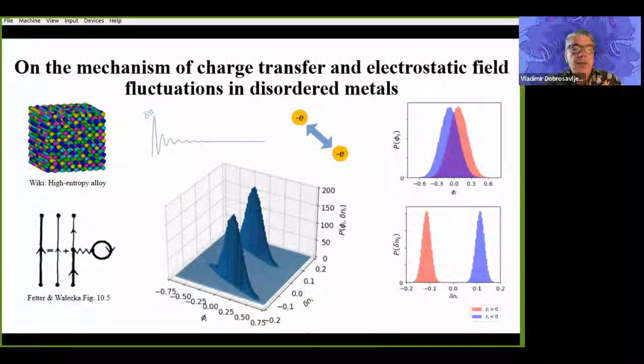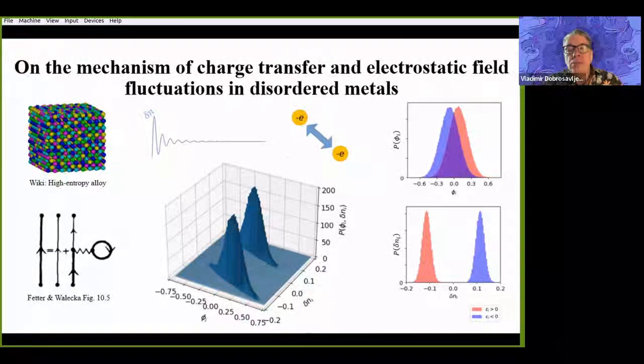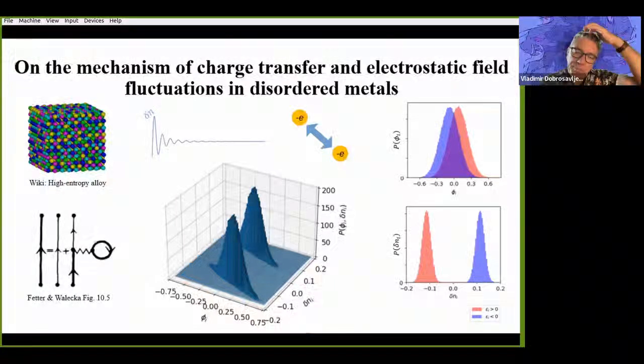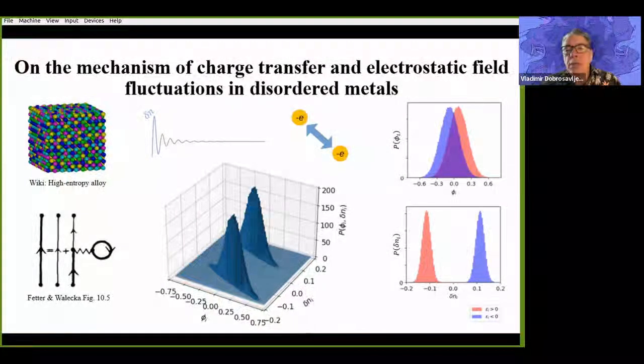And this is the first of our series this fall. Today's speaker is my graduate student David Hall, and together with David, we've been trying to use a very simplified one-band model and some very simplistic approximations to ask a question: what is the statistics of local charge transfers in electrostatic fields? And can we understand some of the trends that were observed previously in our recent work with Maria, which were published already? But there are a number of questions that we can address.